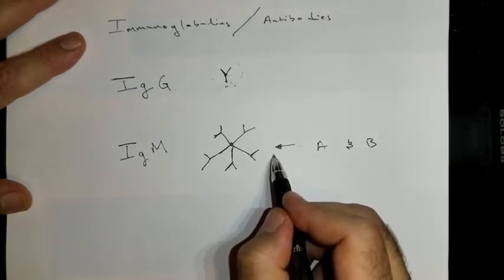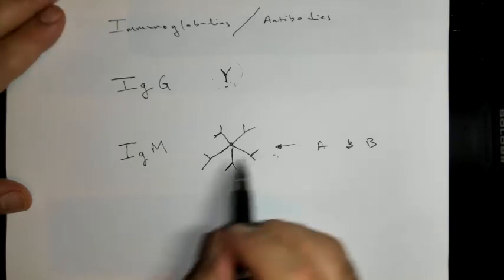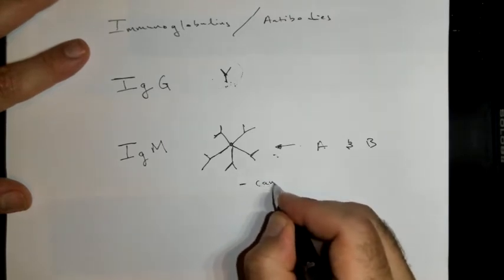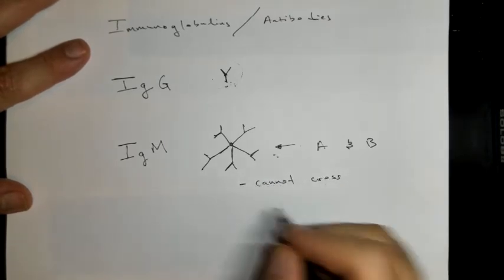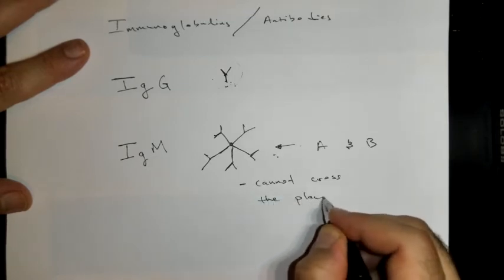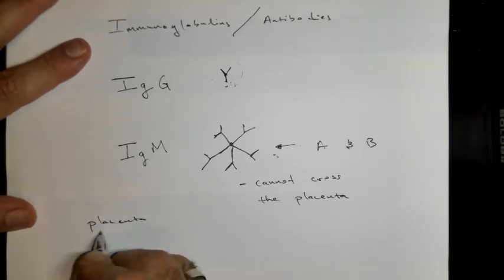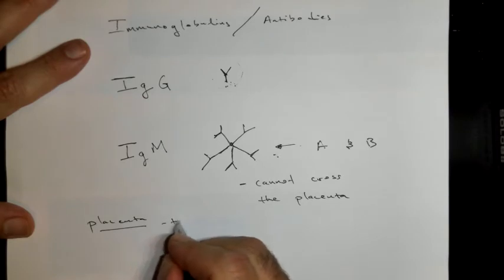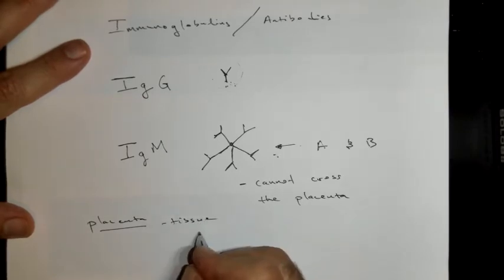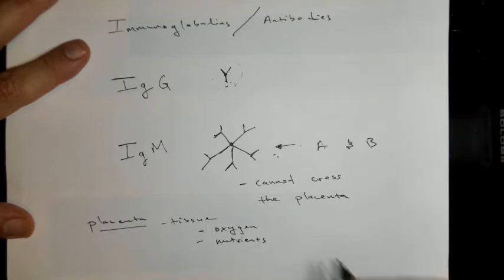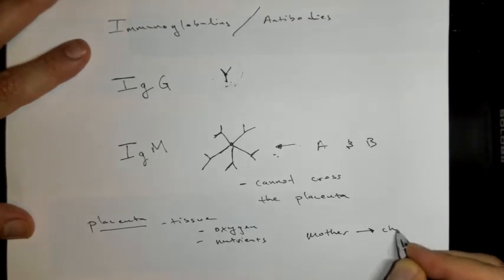This is critical to understand: this antibody right here, because it is so large, cannot cross the placenta. The placenta is of course the tissue that ends up providing oxygen and nutrients from the mother to the child